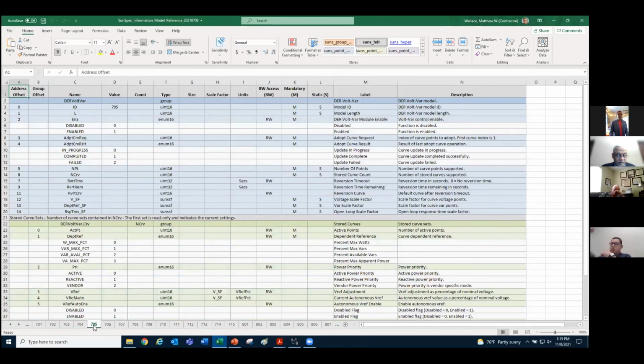And so you can see here in 705, this is the Modbus model for Voltbar. So when you want to be able to program a Voltbar curve, you would come into here and manipulate the values that are in these Modbus registers in your particular device. And they should more or less follow this order, where they would say, okay, the number of points in the